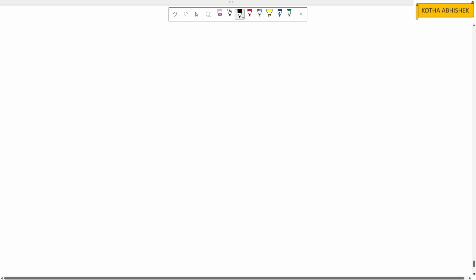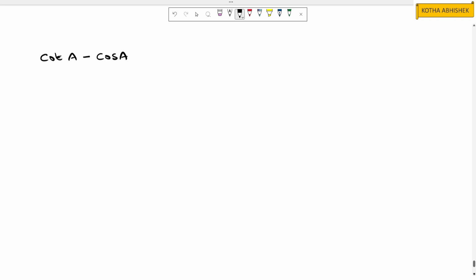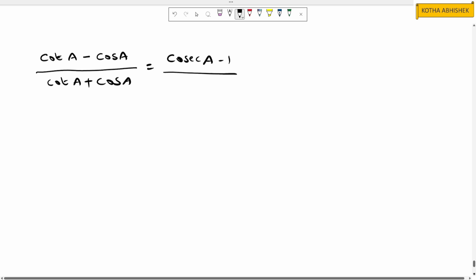Let us check the next question. Prove that cot A minus cos A whole divided by cot A plus cos A equals cosec A minus 1 divided by cosec A plus 1. So here on the left side we have cot A minus cos A divided by cot A plus cos A. Here if you observe the first term, cot A is there, right? Cot is reciprocal of tan. So tan formula is sin divided by cos. Then cot will be the reciprocal, so cos by sin. That is cos A divided by sin A